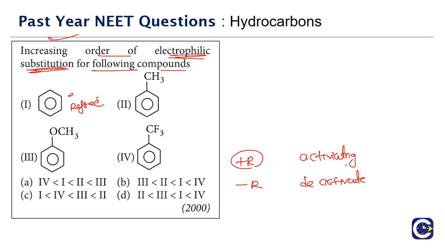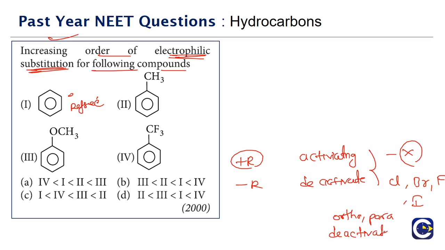Okay. Now in this, of course, there is an exception. The exception is when we have just halogens, a chlorine or a bromine or a fluorine or an iodine, just a halogen atom attached to the benzene ring. They will be ortho para directing, but still they will deactivate the ring. So why? Because in case of the halogens, they show plus R effect, but they also show minus I effect because of high electronegativity, and this will be a dominating effect. Generally the resonance will be a dominating effect in all the other cases except in the case of the halogens directly attached to the benzene ring.